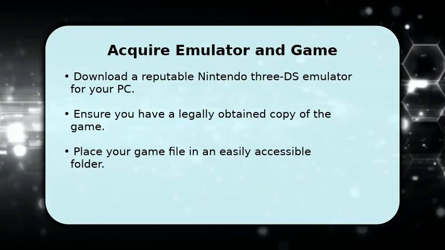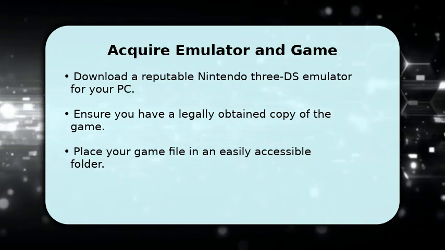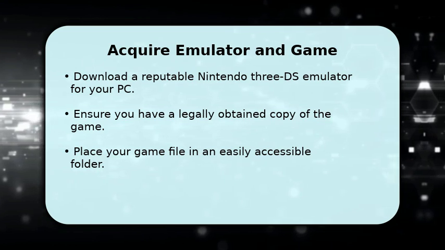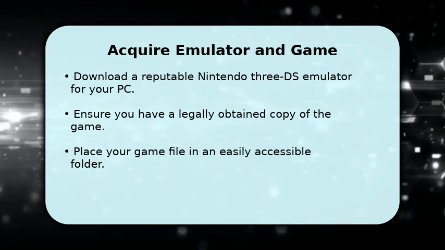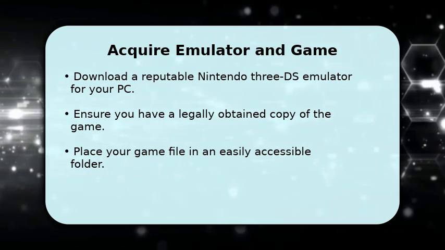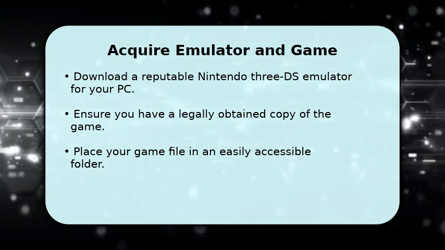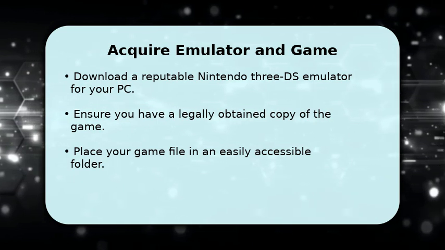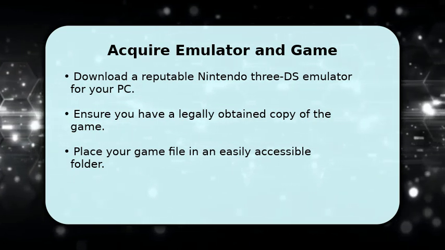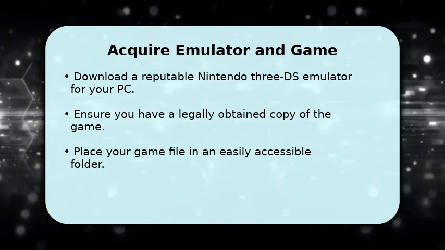First, you'll need to acquire two key components: a Nintendo 3DS emulator and the game itself. Popular emulators like Citra allow you to run 3DS games on various operating systems. Make sure you have a legally obtained game file, often in a .3dsx or .cia format. Once downloaded, store both the emulator and game file in a convenient location on your computer for easy access during